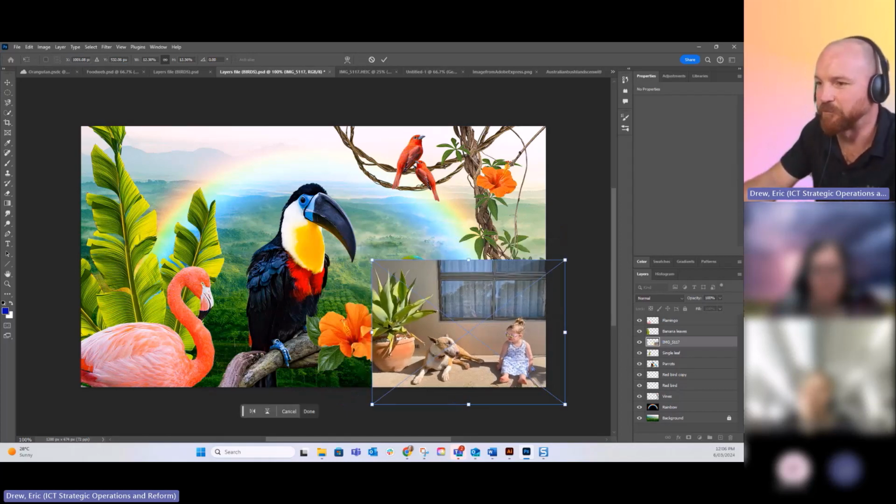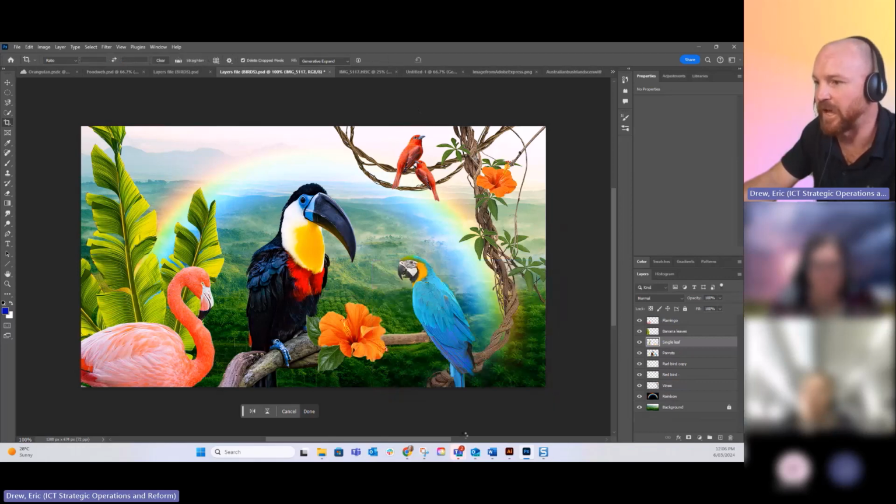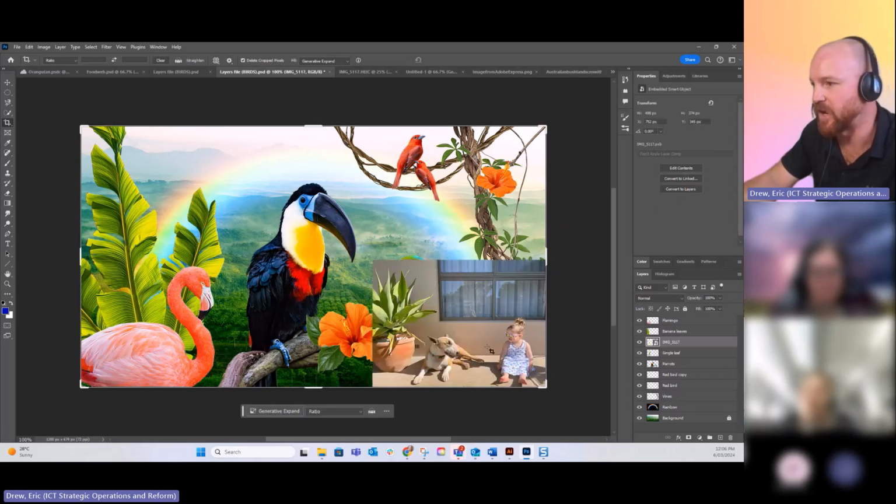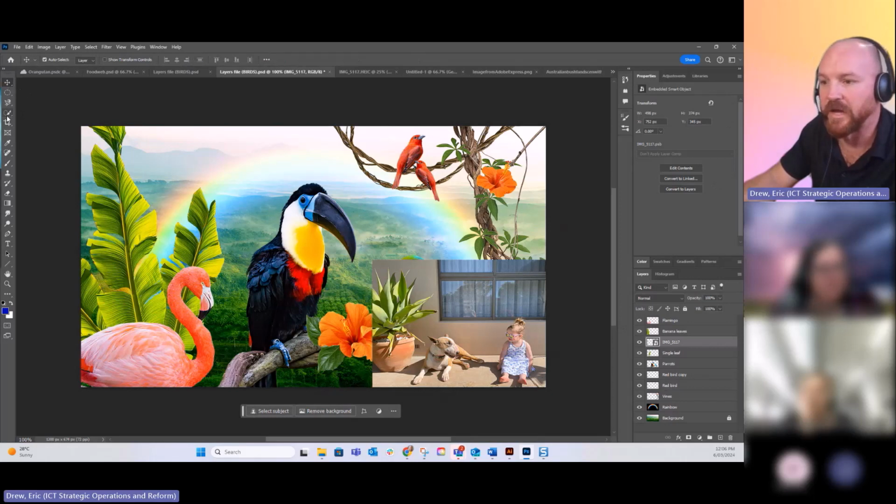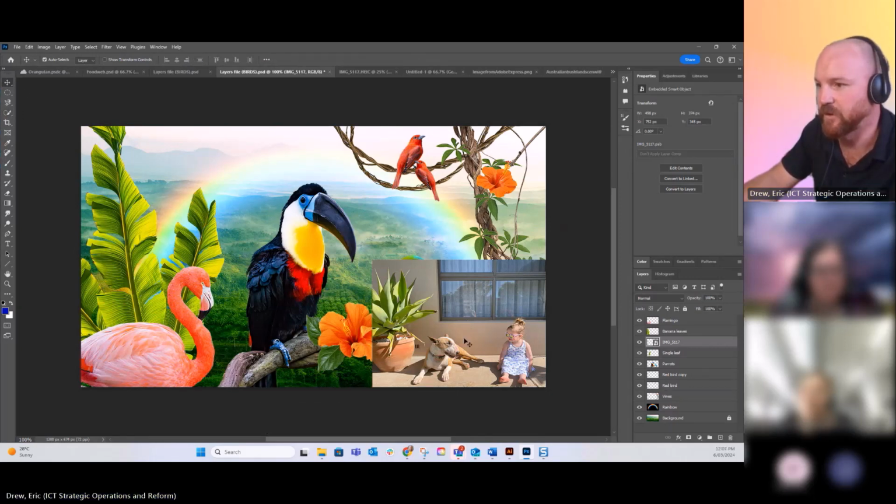Now, obviously, that's not ideal. I want the dog and the girl to be in the image, but I don't want all the rest of it. I don't want the background to be there, right? So what you can actually do is make a mask of this image. So what I can do is look at the properties here. So make a selection, and you can see in my contextual taskbar here,